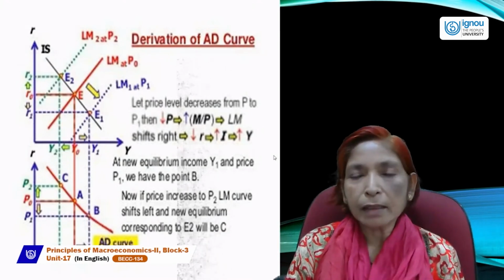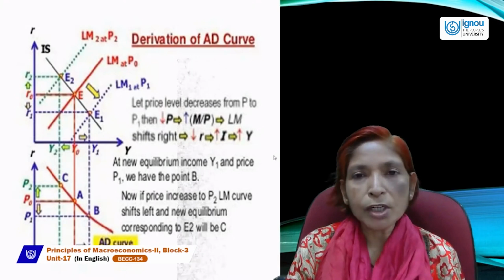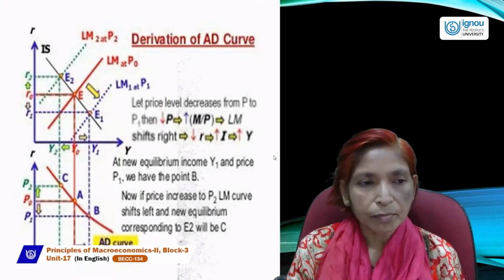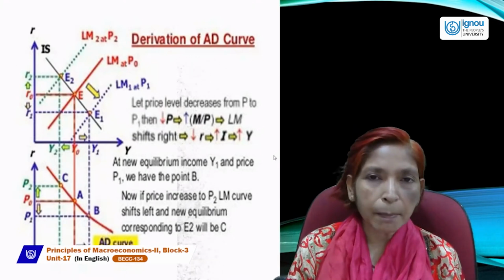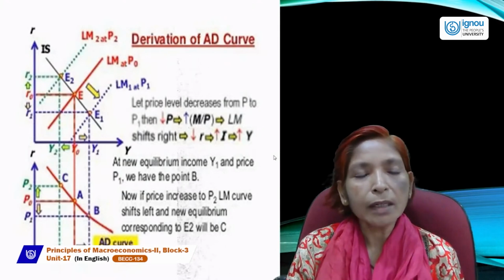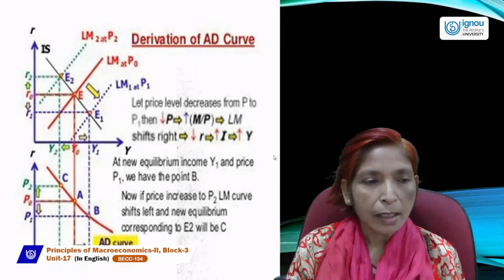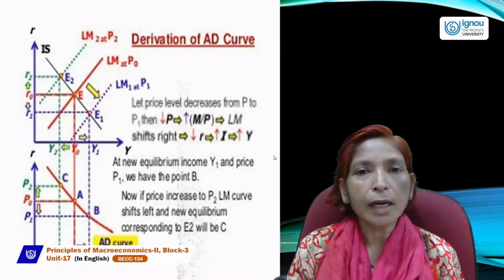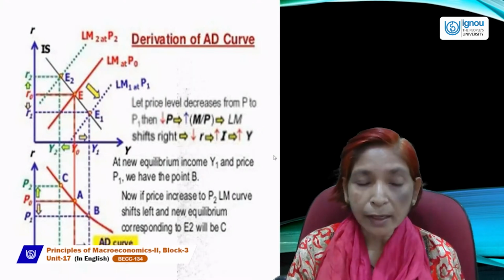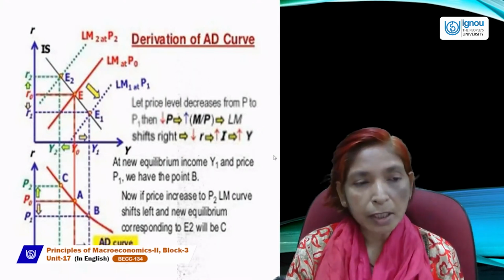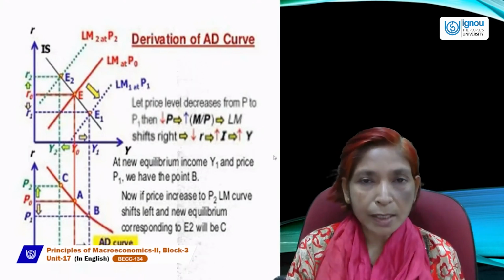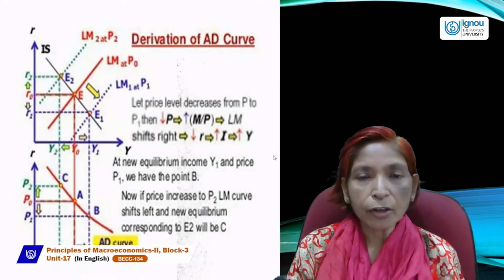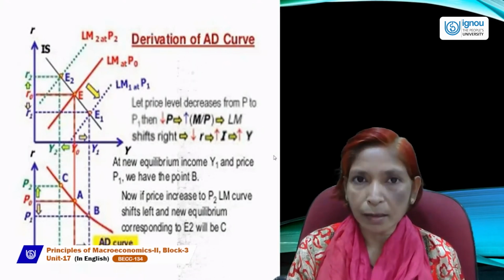When money supply increases, the LM curve will shift to the right. And due to a fall in money supply, the LM curve shifts to the left-hand side. In this case, we will shift only the LM curve, not the IS curve. Why? Because the LM curve shows the inverse relationship between the rate of interest and the level of income.